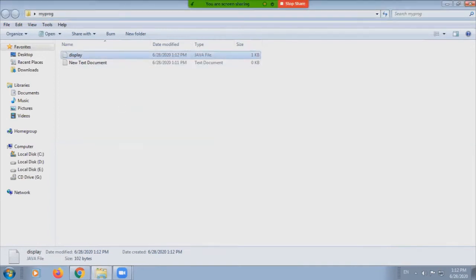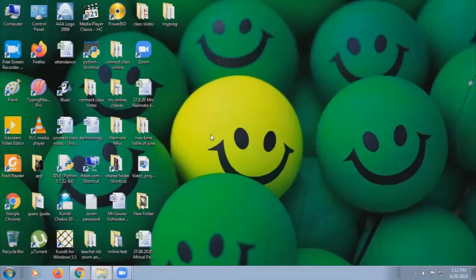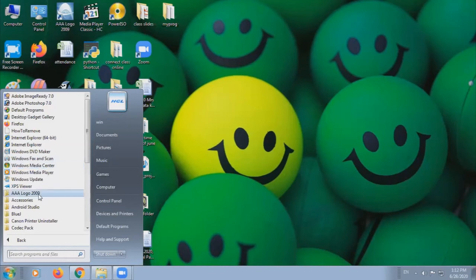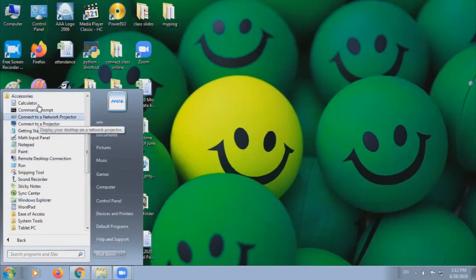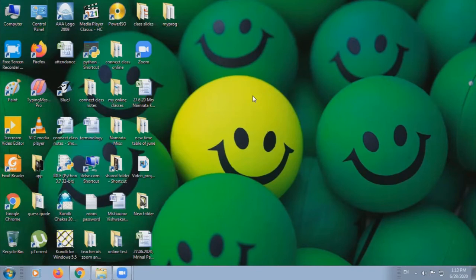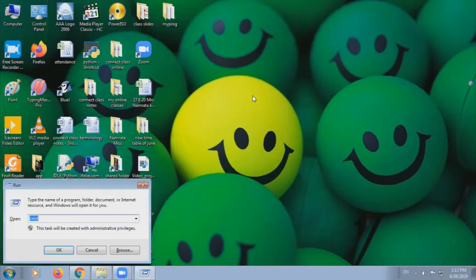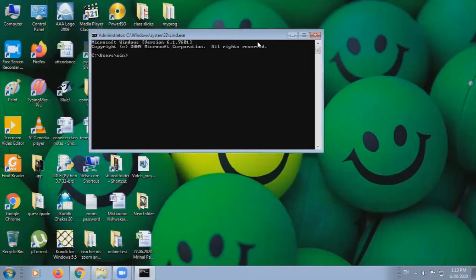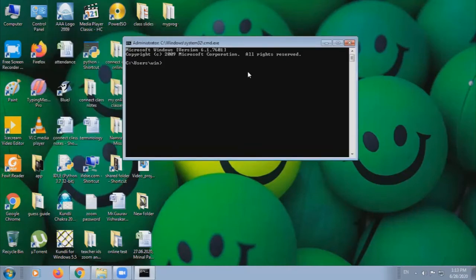Now you have to open the command prompt. How do you open it? Go to the start button, click on All Programs, click on Accessories, and here you will find the command prompt. You can also use the shortcut key Windows and R, and in the Run box write cmd and press Enter. The DOS window will open.